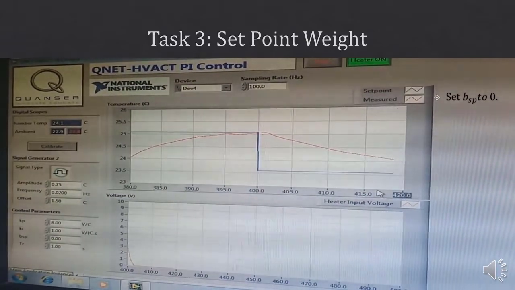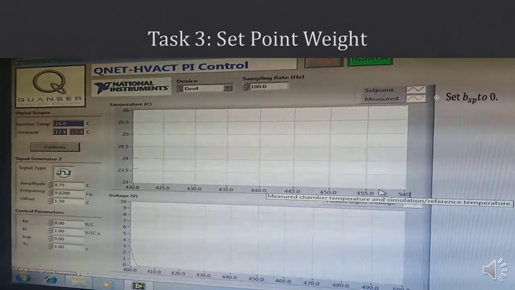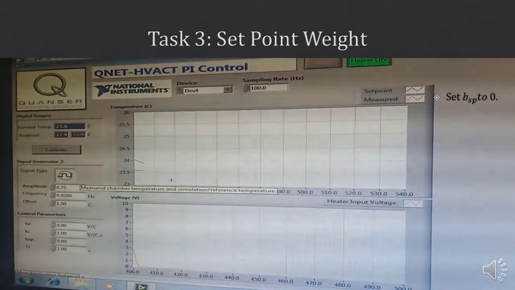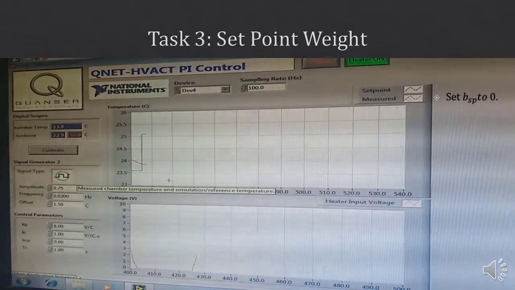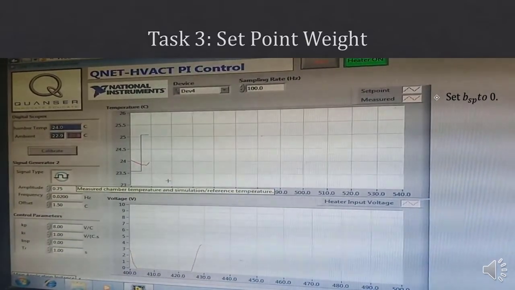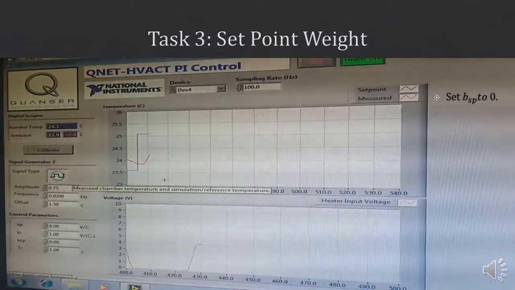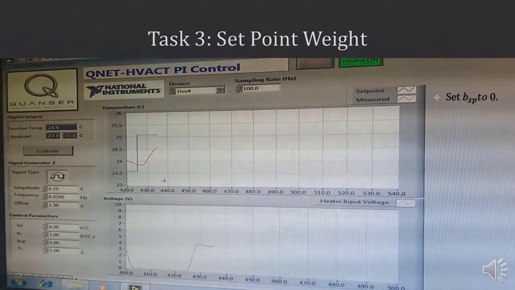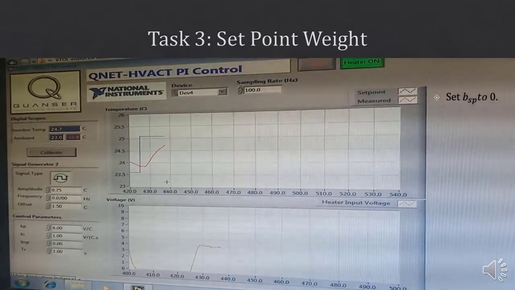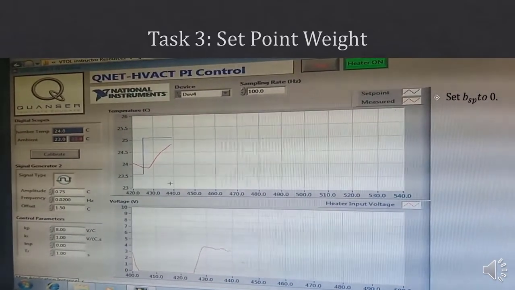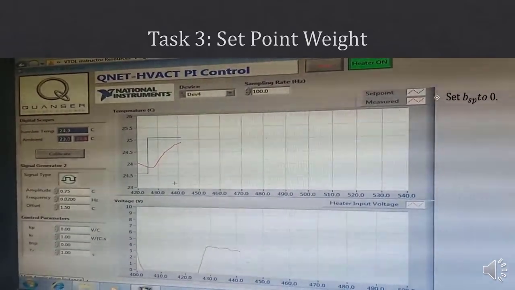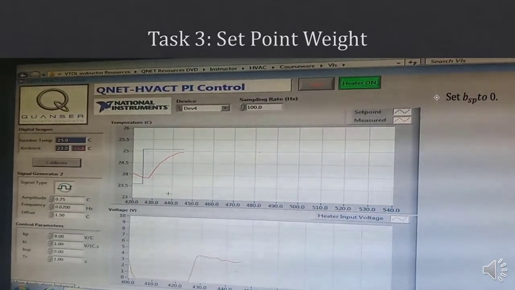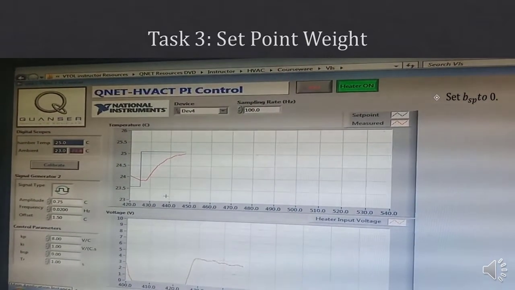You can see here I have set the value of BSP to 0 and there is no overshoot in the system response. The settling time of the response is quite high at a low value of the set point weight parameter.